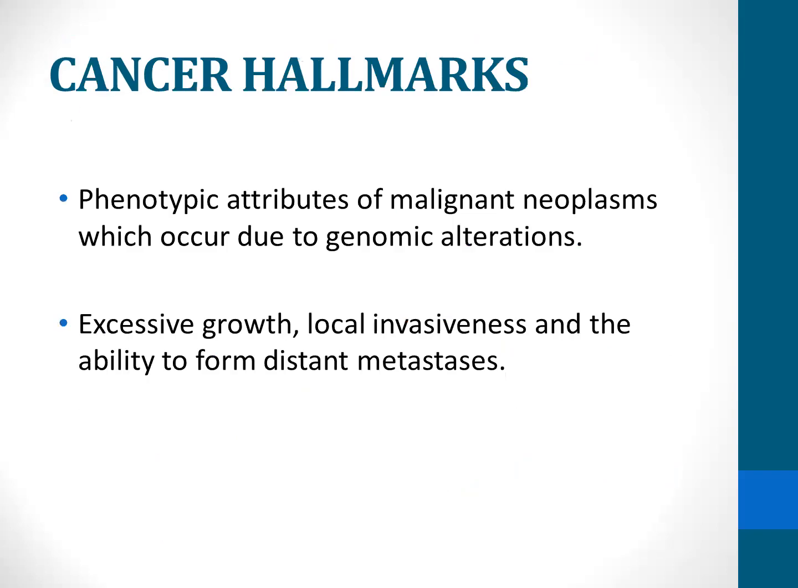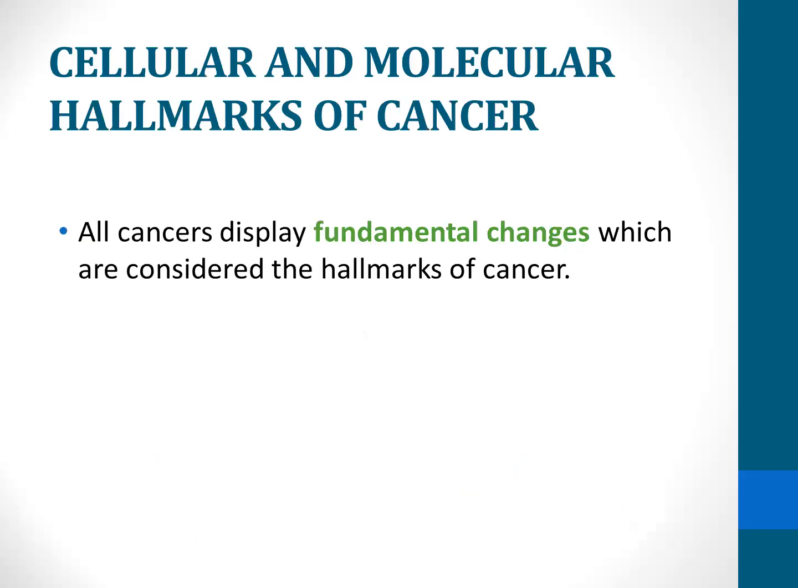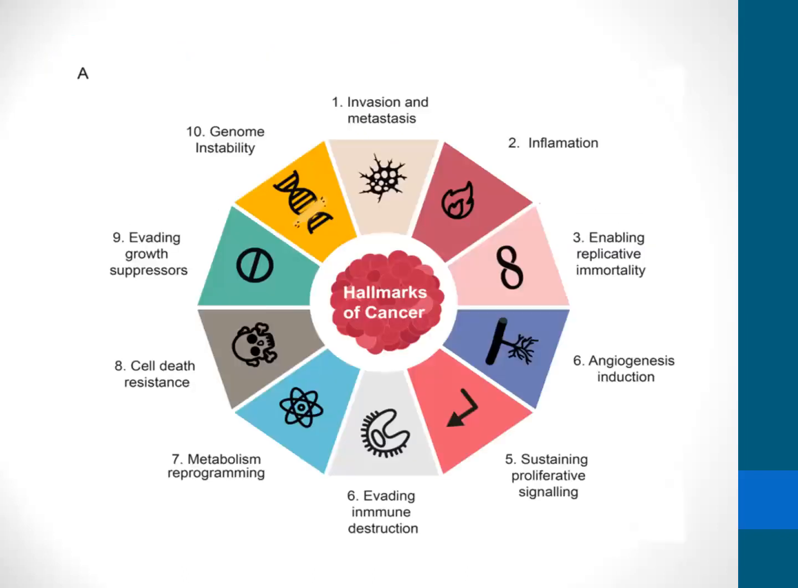Now, cancer hallmarks are the phenotypic attributes of malignant tumors, which occur due to genetic mutations or changes in the genetic material. For example, excessive growth, local invasiveness, and the ability to form distant metastases. These are the phenotypic properties of cancer. All the cancers display some fundamental changes, and these are called hallmarks of cancer. Here in this picture, you can see the different hallmarks of cancer: